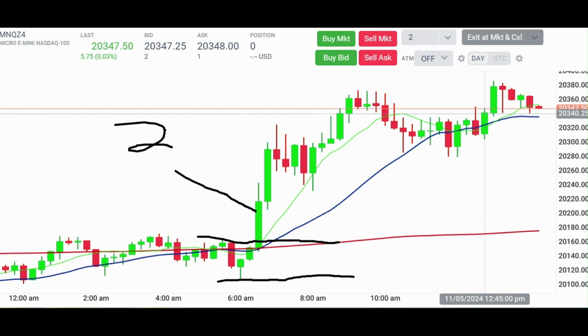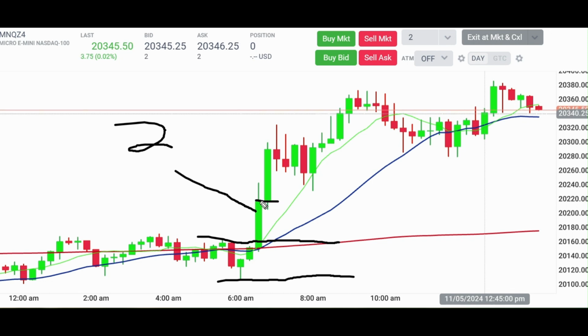It absolutely surges off the 20. I cannot state that enough. Surges off the 20, surges off the 200 moving average. That is power right here. You're in for 2. Now, what you can do from this point forward is add